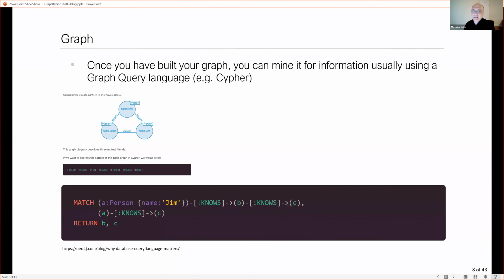I've read recently that the complexity and the time it takes to mine a graph has nothing to do with the size of the graph. You can have millions of nodes. It has to do with how much of that graph you have to traverse. So it's a very efficient way, because you just have to find the neighborhood that you need to traverse, and that will affect the time to get the reply back.